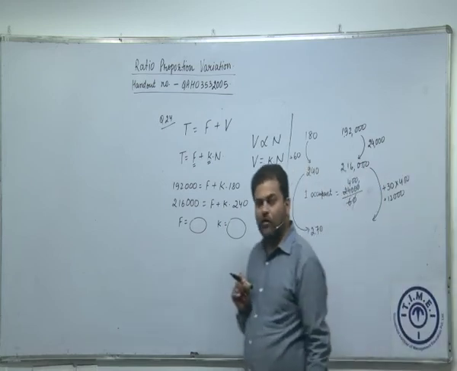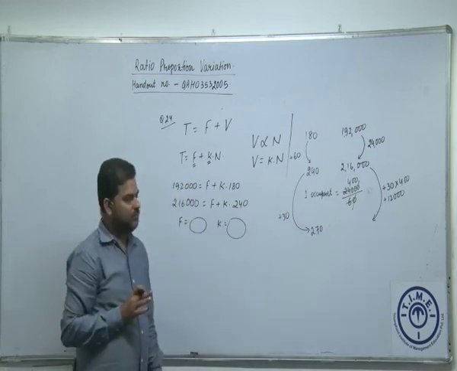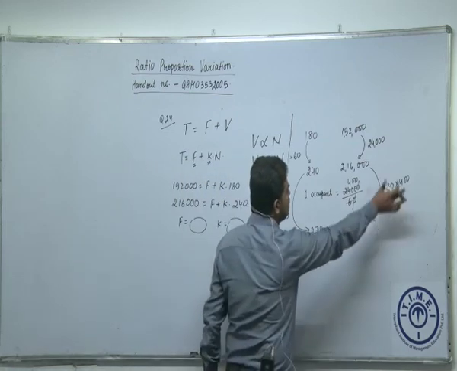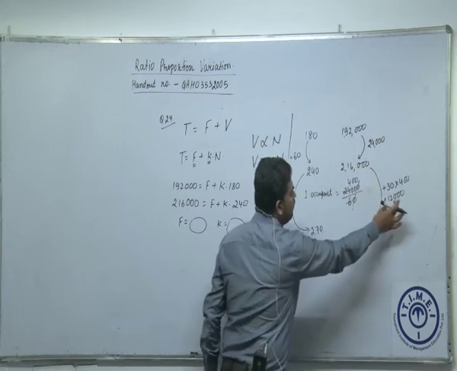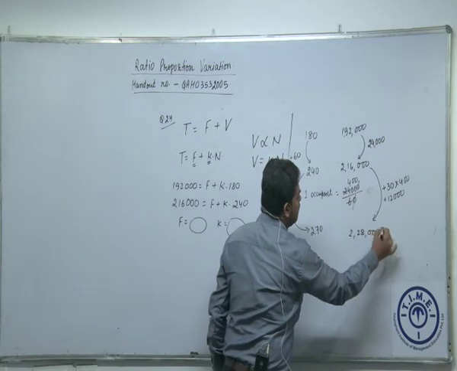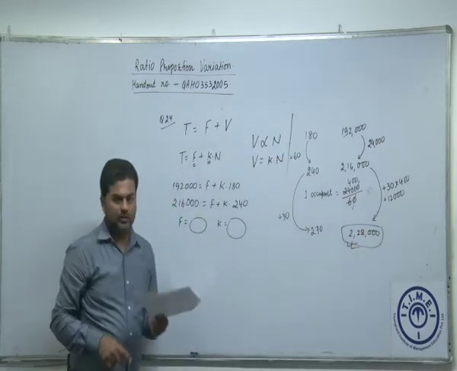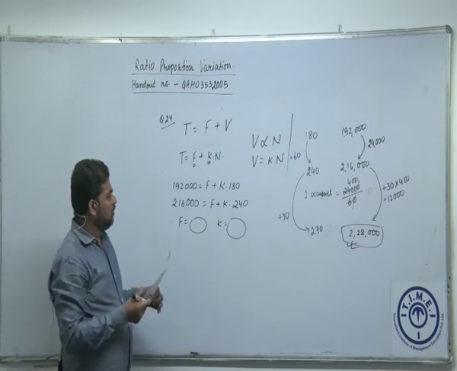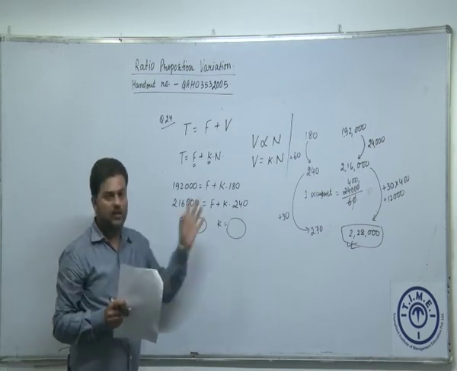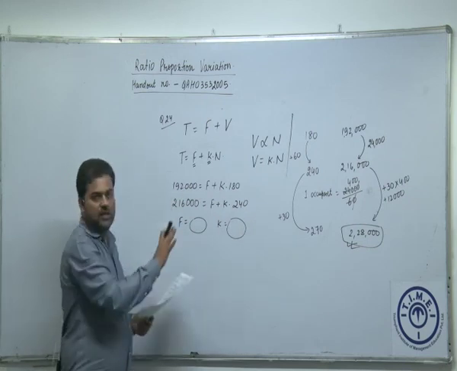So can we say for this 30 extra occupants, the extra expenses will be 12,000? So what is the total expense? 2,16,000 plus 12,000, which is 2,28,000. So this is my final answer for 270 occupants. So without getting into equation solving also, we can get it easily using this method. Okay, I hope this part is clear.